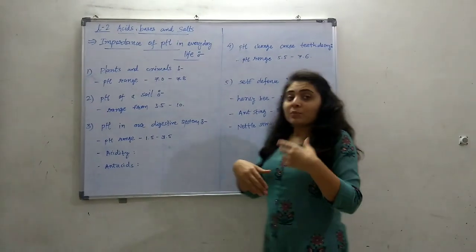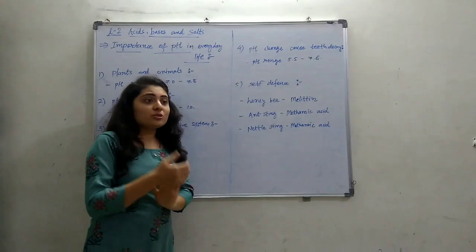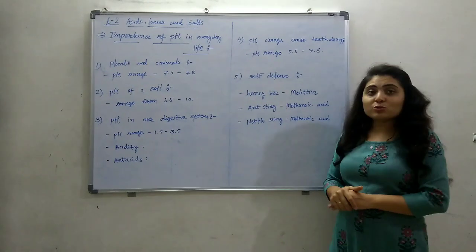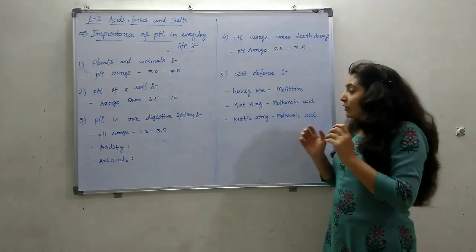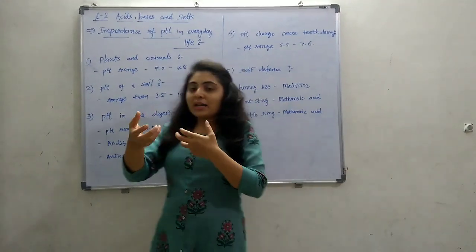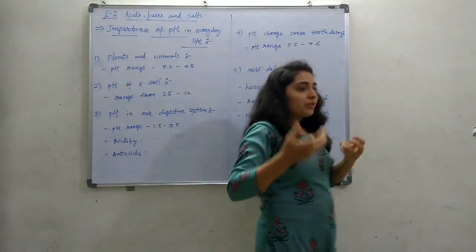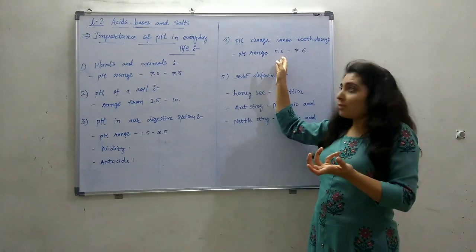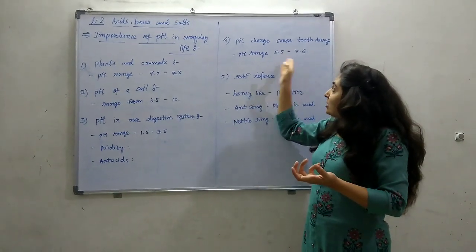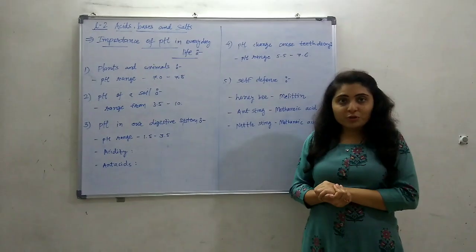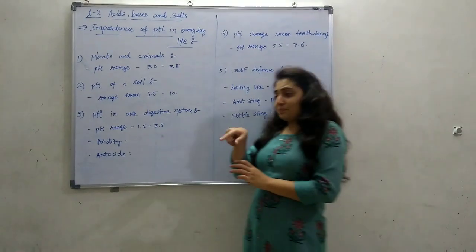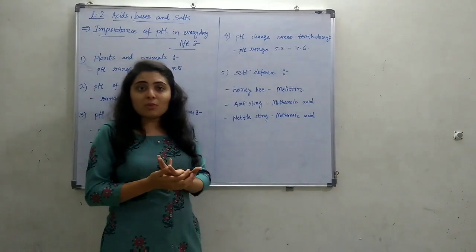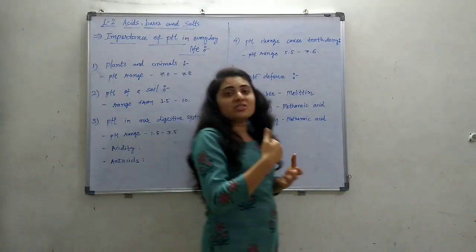pH change also causes tooth decay. Okay? Our saliva has a certain pH range. This pH range is 5.5 to 7.6 in the mouth. If, by the food or anyhow, the acidity increases, that means the pH value decreases to less than 5.5, then it increases the acidic medium in the mouth, and that damages the teeth,